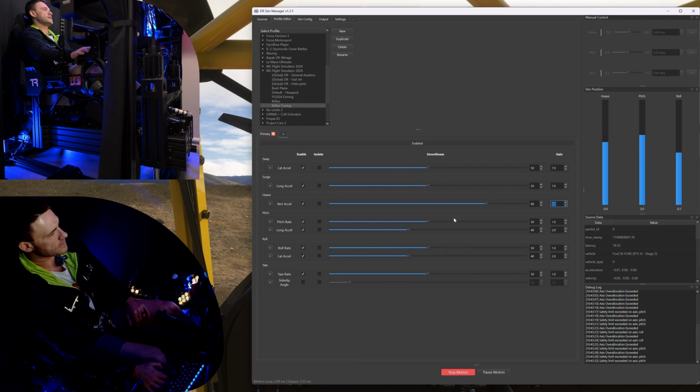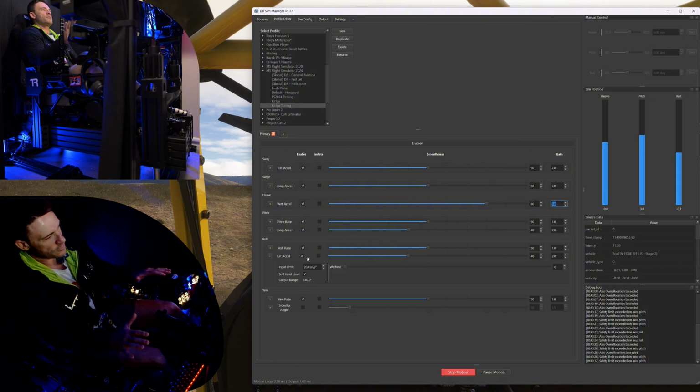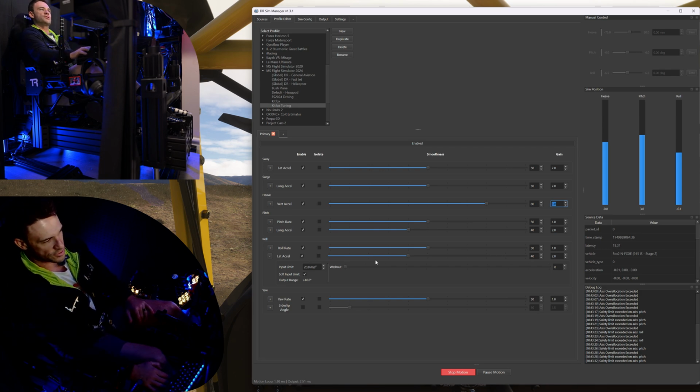And I also think for roll, lateral acceleration. So that was really what was causing the feeling of when I was pressing on the rudder, the rig was really quite violently getting thrashed from left to right. So if we just turn the gain down on that one there,